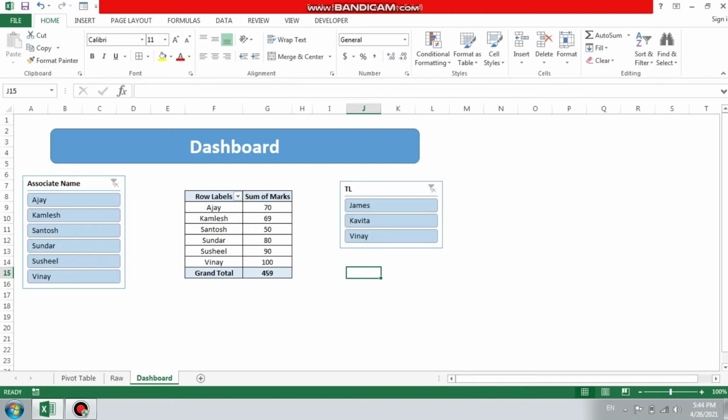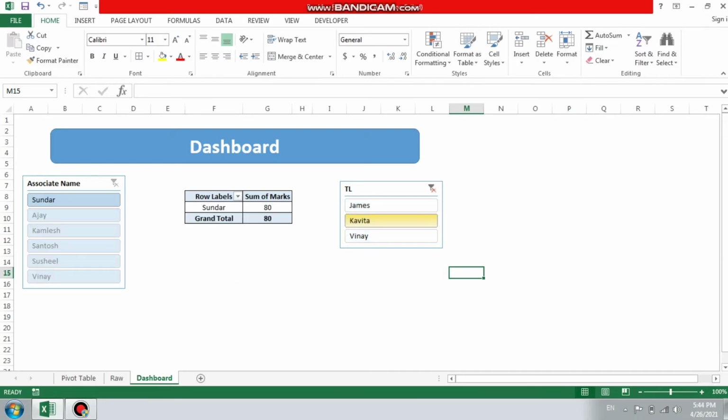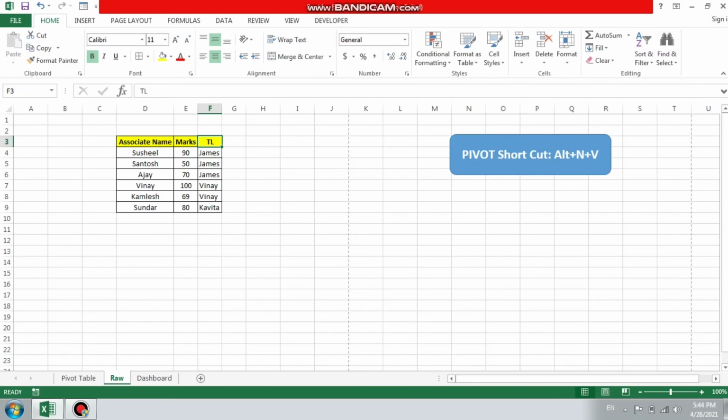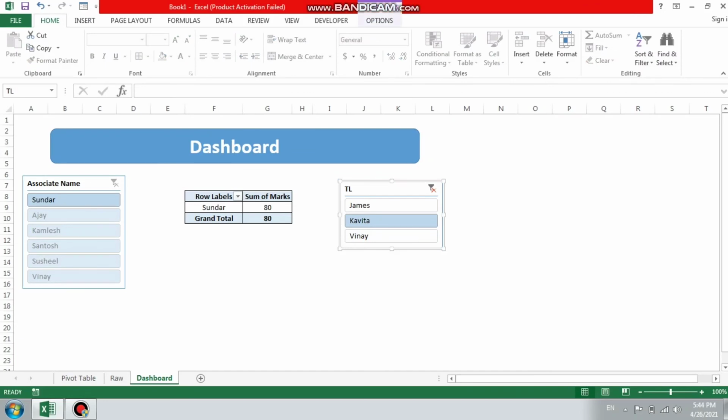So this can be designed in multiple ways. If you want to design with the help of a dashboard, wherein you are calculating the team lead wise performance, like how many teams there are and how many associates are aligned to each. For example, I want only Kavita team data and there are 10 employees, I can get the data easily like this. Otherwise, you need to go to raw data, filter with the TL name, select that particular TL name, and then copy paste that data to another sheet. So these slicers are easily created and you can easily use them in your dashboard.